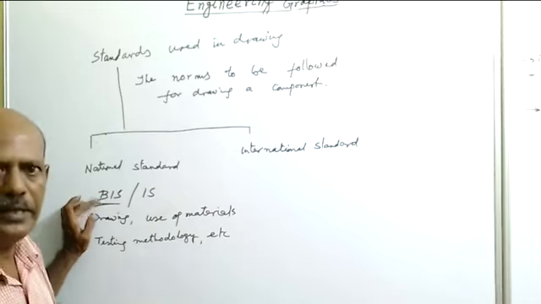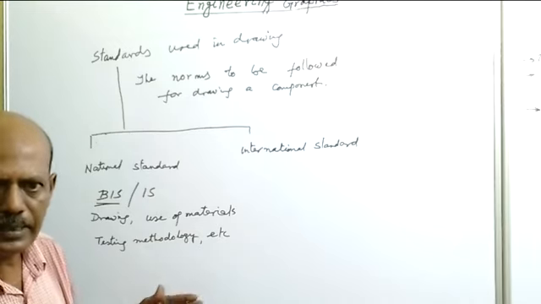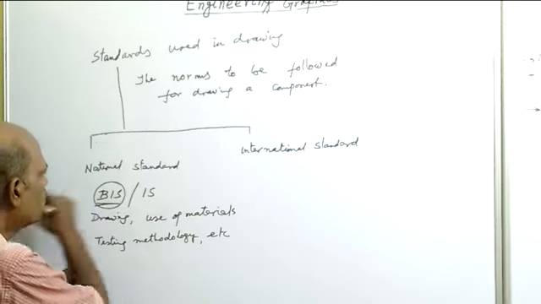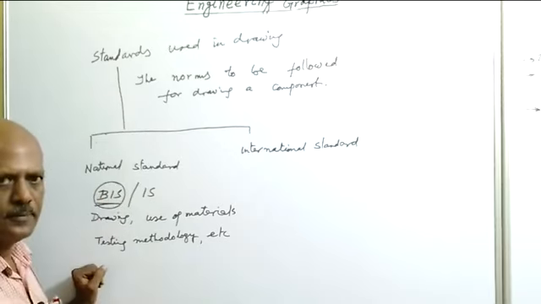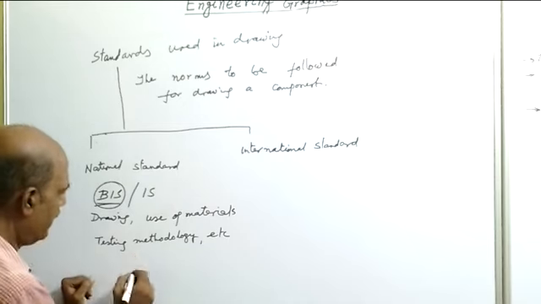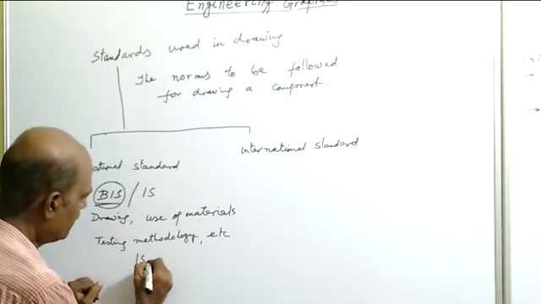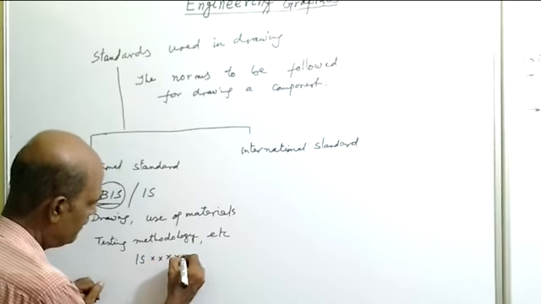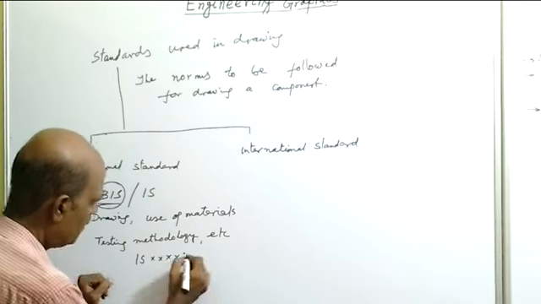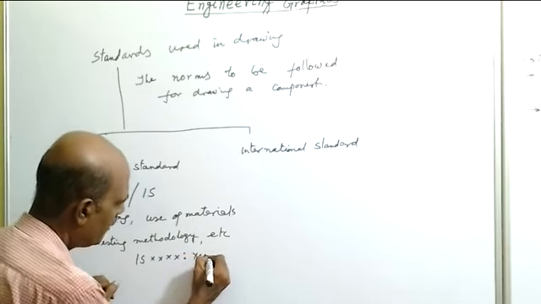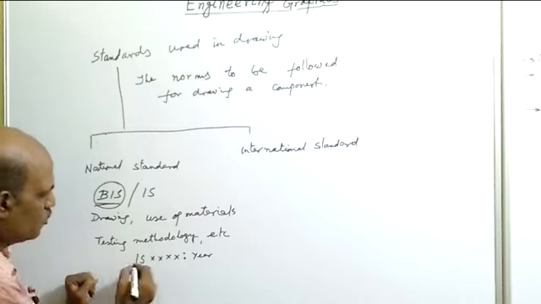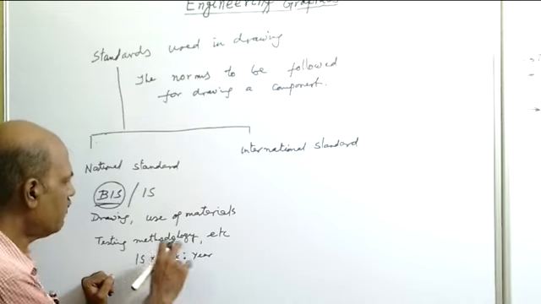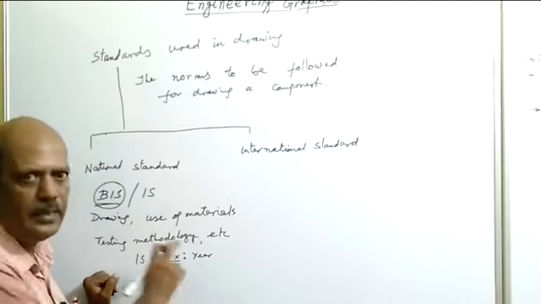If any organization wants to do business inside the country, that is India, they have to follow the BIS standard. And the standards are given by IS, followed by 4 numerical digits, semicolon, the year of establishment of the standard. So IS, 4 numerical digits, that is the particular unique number for that particular standard, and the year of establishment of the standard.